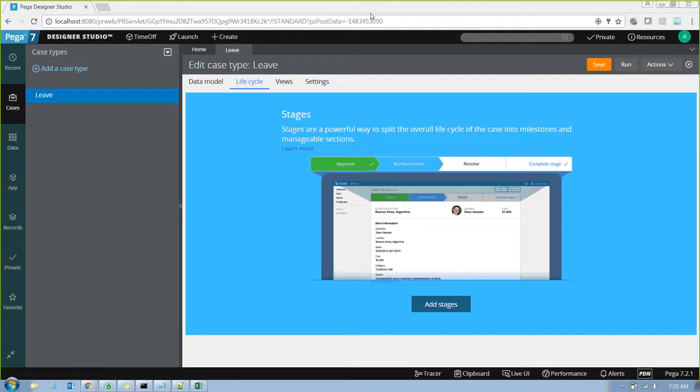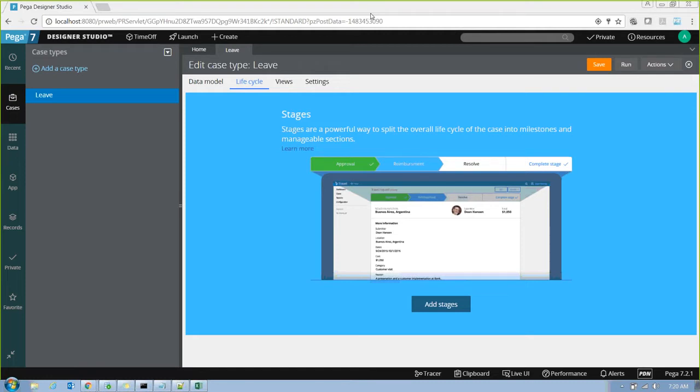Okay. So as Pega is a BPM product, we are completely driven by the flows in Pega. So my flow becomes the heart of my application. So in Pega, you first design your flows. After designing the flows, then you start adding the UI, the validations, and all that stuff to the flows.